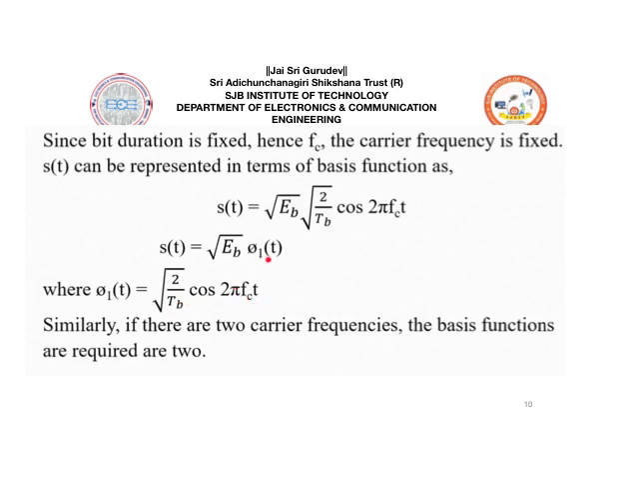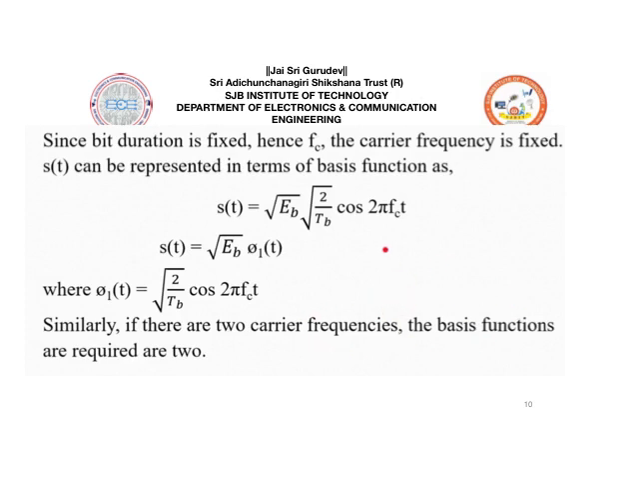Here we have written the expression in terms of one basis function. If there are two carrier frequencies, there will be two basis functions, that is pi 1 of t and pi 2 of t. Pi 1 of t is equal to square root of 2 by Tb cos of 2 pi fc1t. Pi 2 of t is equal to square root of 2 by Tb cos of 2 pi fc2t. Like that, depending on the number of basis functions, number of carrier frequencies, we can write the number of basis